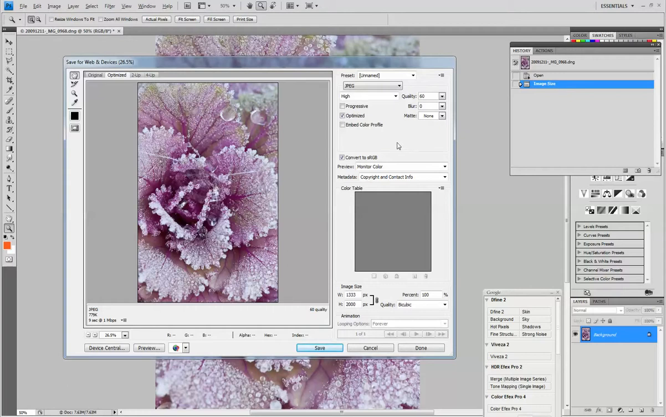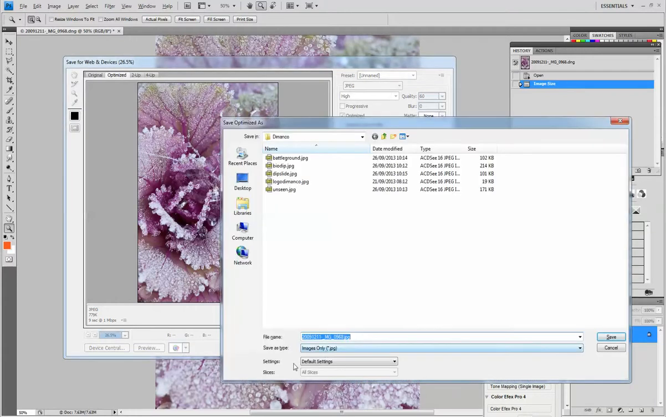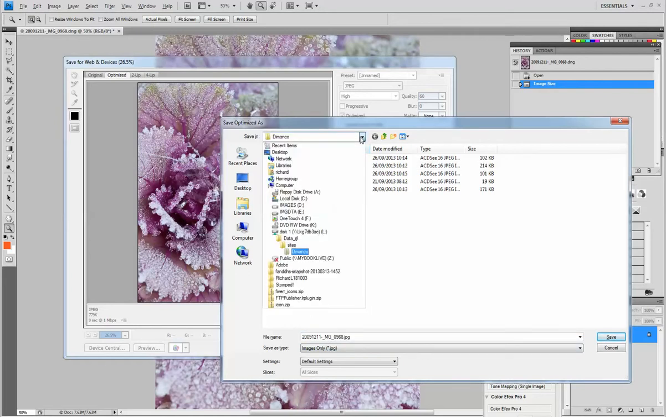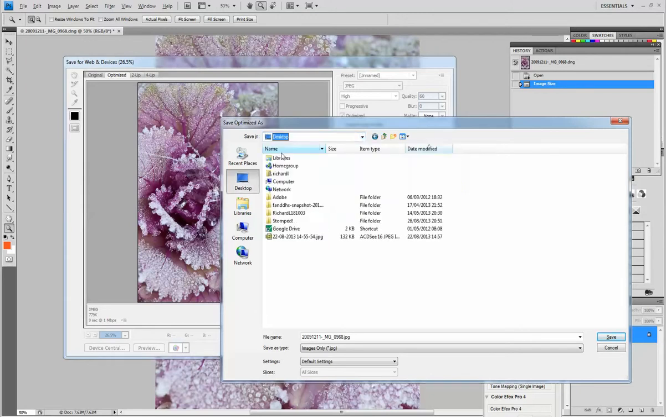It is pretty straightforward. You would then say save, and you've got the option of putting it wherever you fancy. In this instance I'll stick it on the desktop. Obviously you can change the file name at this stage if you want. I probably would, but in this case I won't for speed. Click save,